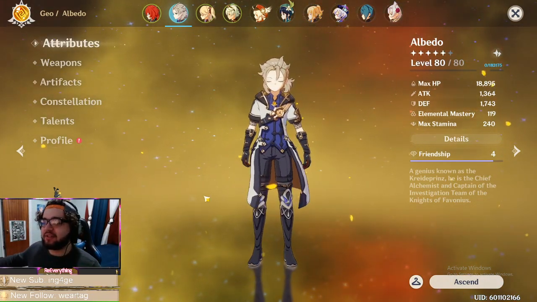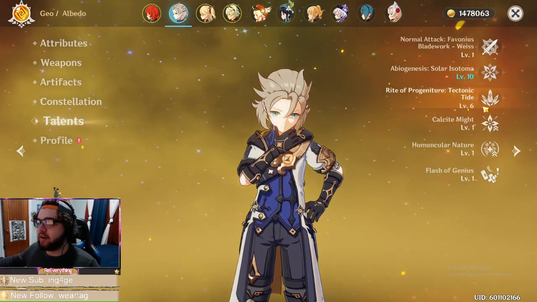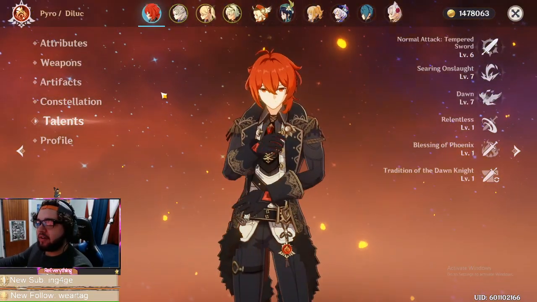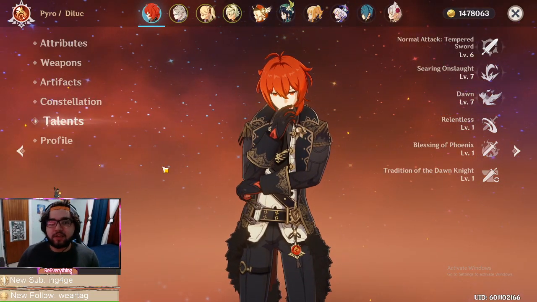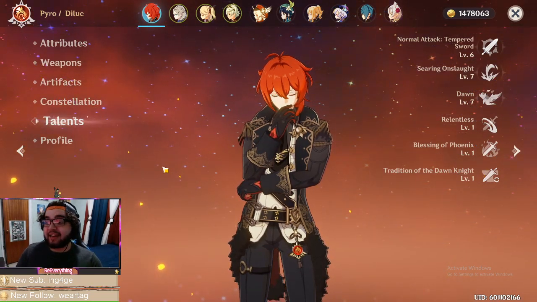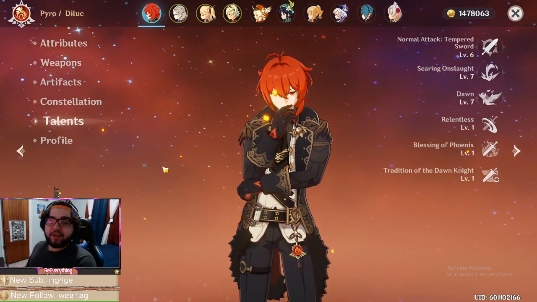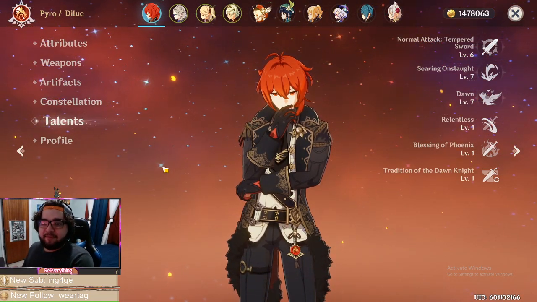The fact that you can do this, I'm pretty sure every 12 seconds. Now let's check that real quick. What is the cooldown on Albedo's ult? It's 12 seconds, okay? Now, what is the cooldown on Diluc's ult? It's 12 seconds. So, you can do this much damage every 12 seconds. That is excluding basic attack damage, which is about 3k to 4k with Diluc as your main DPS, having Oz out,